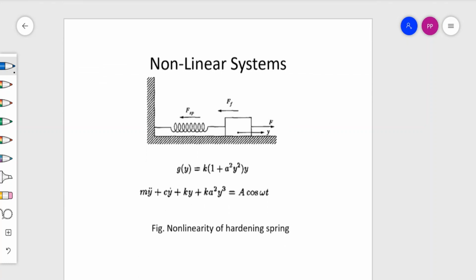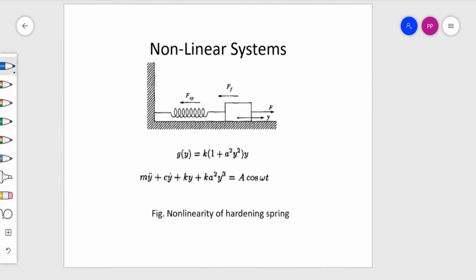So the third unit is the nonlinear systems. Every system which we experience in our daily life, and most of the times assume that this is a linear system, and we apply the linear system techniques during control systems. Already you have learned these linear system techniques, but in fact all these systems are non-linear in nature. So you can understand non-linear system means a system in which output does not vary linearly with time according to the given input.